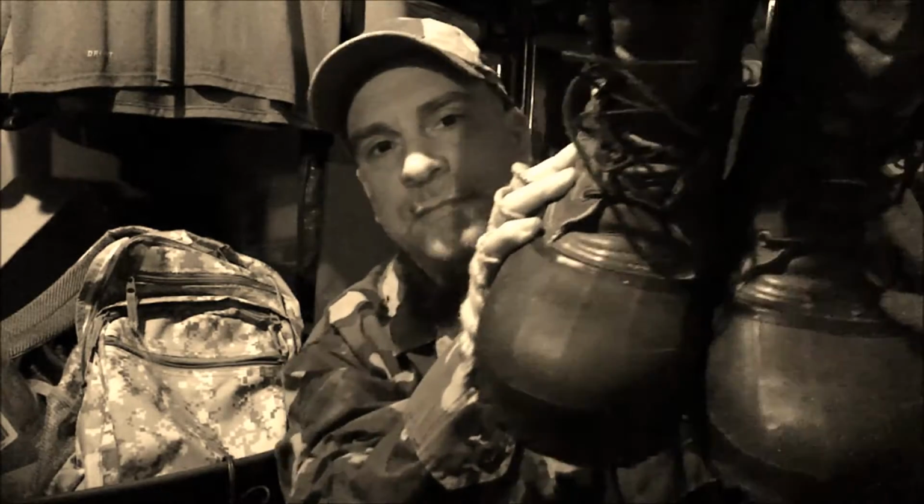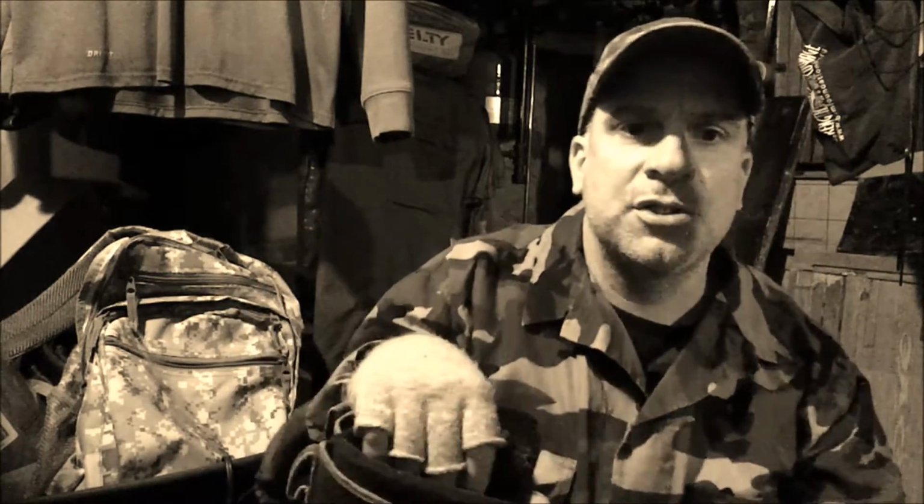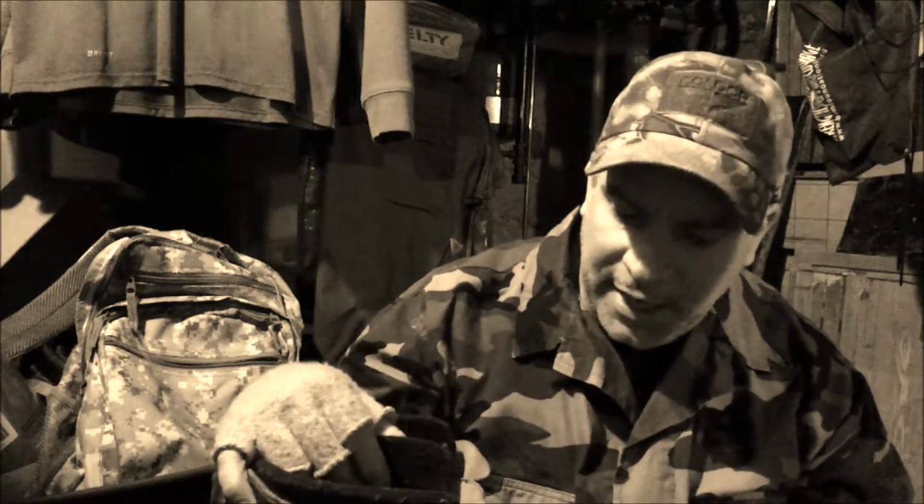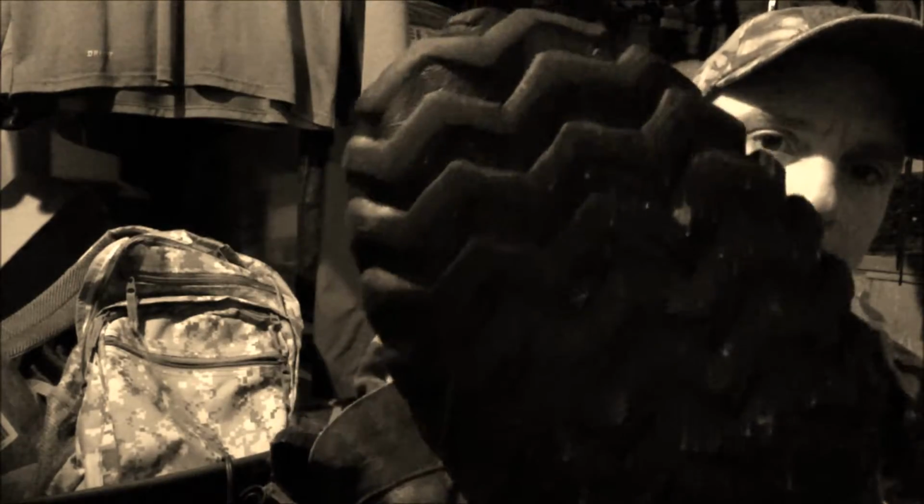So my first item, I would bring these. These are my winter boots. They're lacrosse boots. I got them issued to me in the military. They're rated at -65 degrees, and I've had these for 27 years. They are flipping still like brand new,